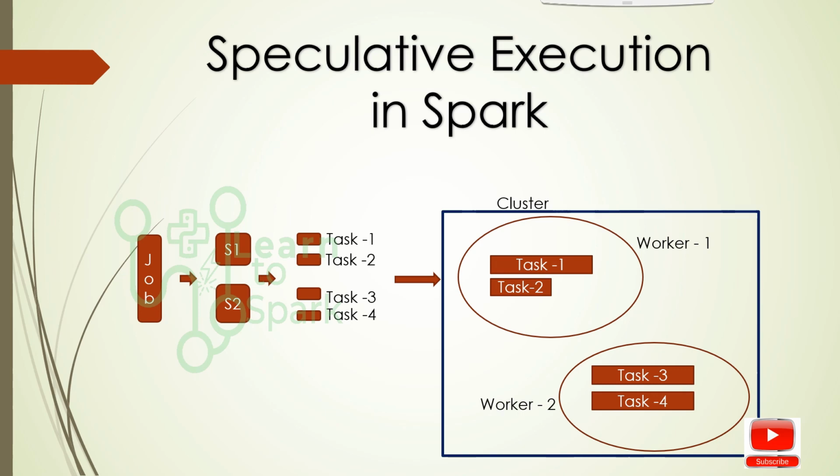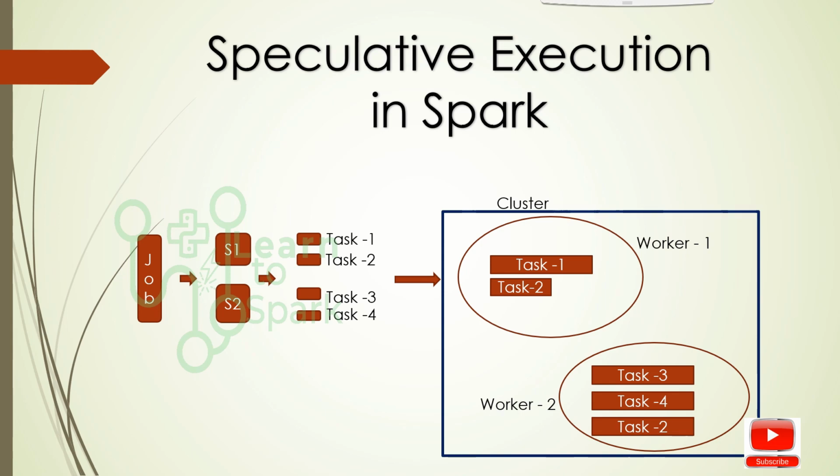still running. Basically task 2 is a slow running task, so it is taking a long time. If we have enabled Spark speculative execution mode, then Spark will scan for the long running task. Here in our case task 2 is long running, so it will reinitiate the task in some other worker node. It will not kill the job, it will again reinitiate the task in some other worker node as well.